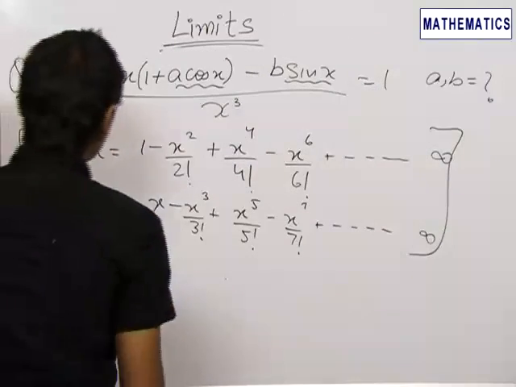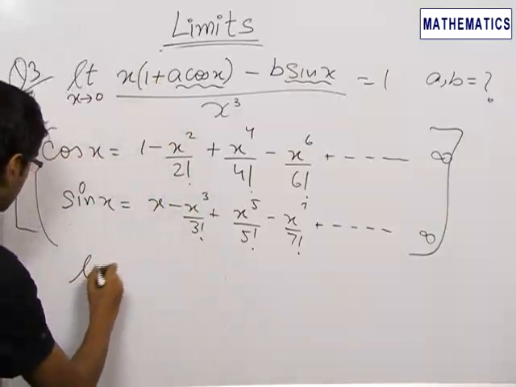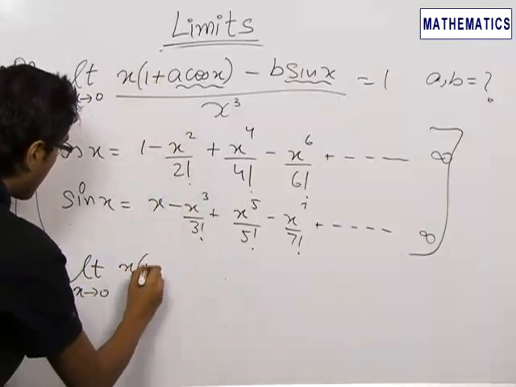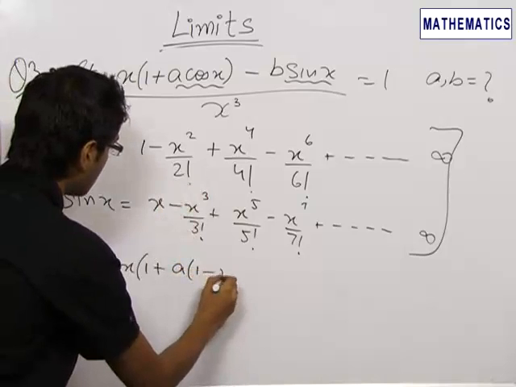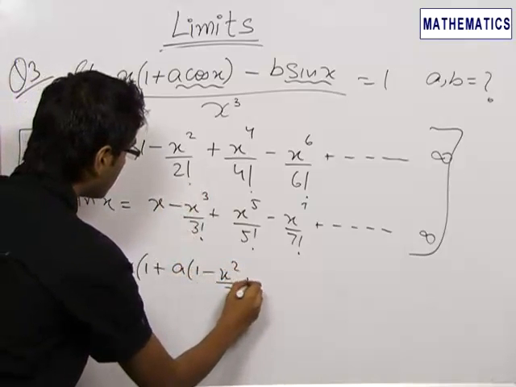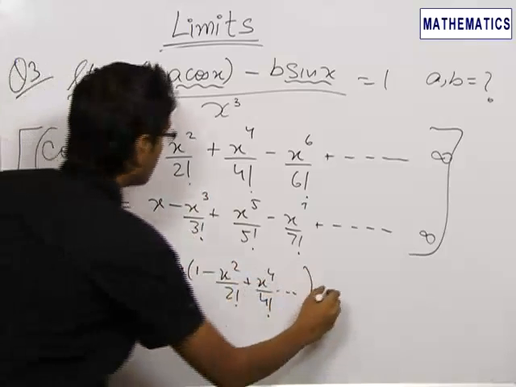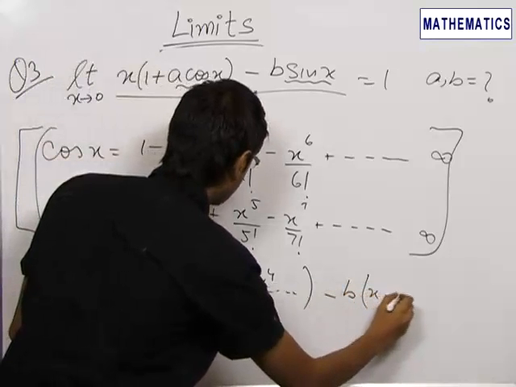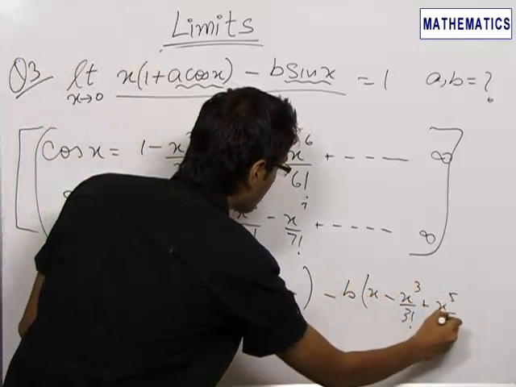Now putting the values of cos x and sin x in this question, we get limit x tending to 0, x into 1 plus a times cos x, which is equal to 1 minus x square by 2 factorial plus x power 4 by 4 factorial, minus b times sin x, which is equal to x minus x cube by 3 factorial plus x power 5 by 5 factorial,